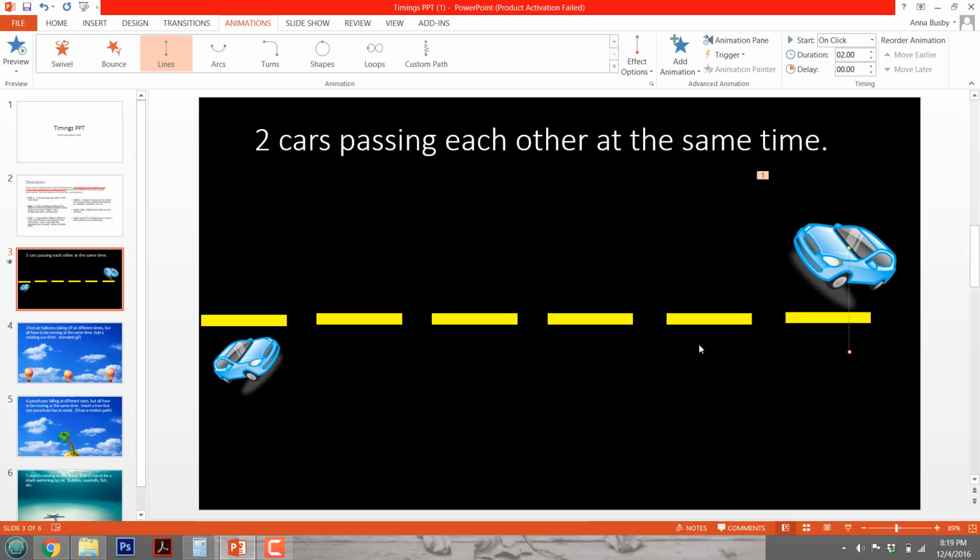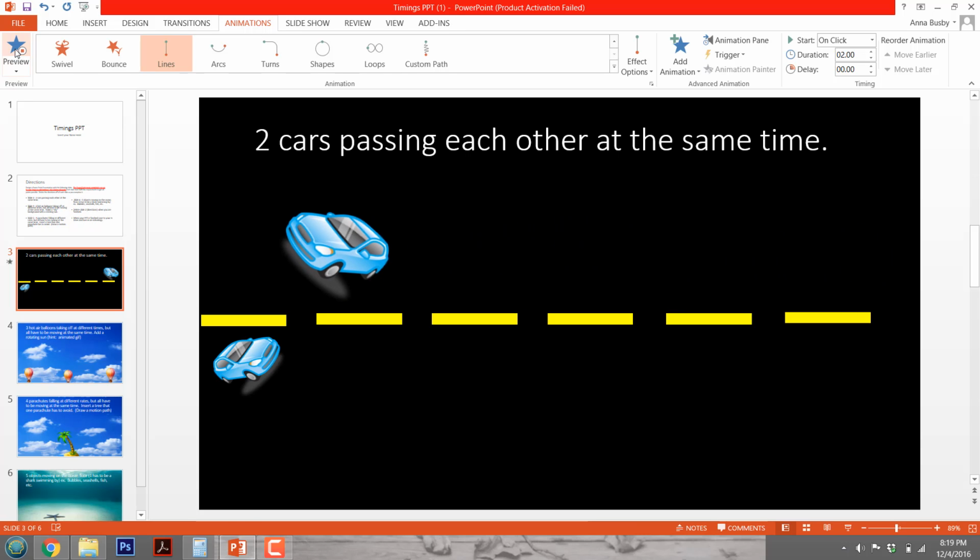And you don't want the two cars to crash as they pass, so you want to hover over the red dot, make sure that it has a double arrowed line, and you click on it and hold and move it to the left side of the screen. Then when you click on Preview on the left side of your screen, it shows your car going from